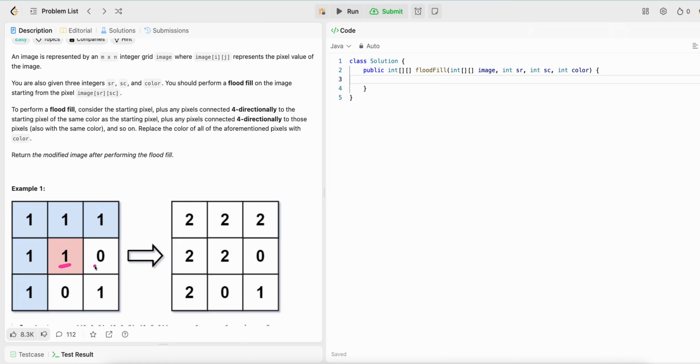So 1 is one color and 0 is another color, and this color is with which we need to paint the indices. Suppose the color is 2 and the starting index is 1 and 1. We need to go 4 directionally, so we need to color this. Why not this and this? Because it is saying the pixel should be of the same color as the starting pixel. So wherever we are moving, if it is of the same color as where we are moving from,